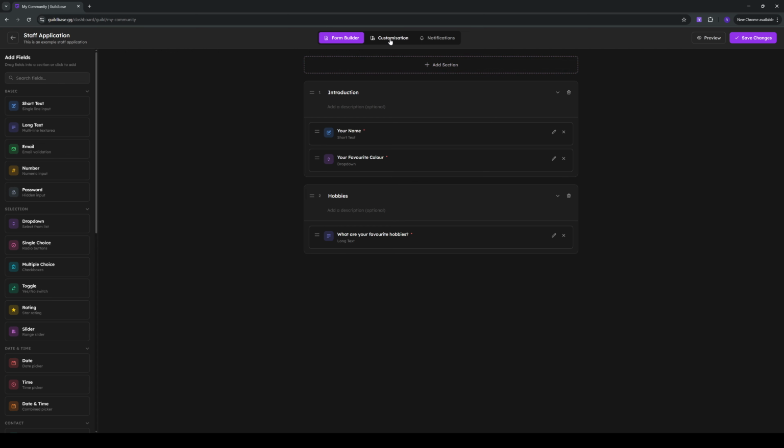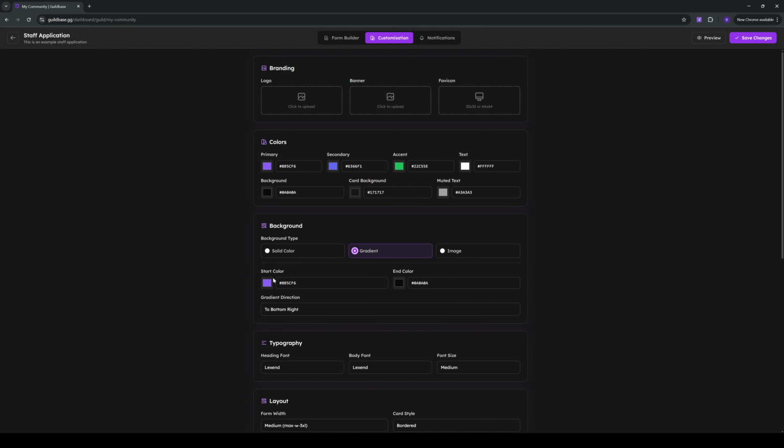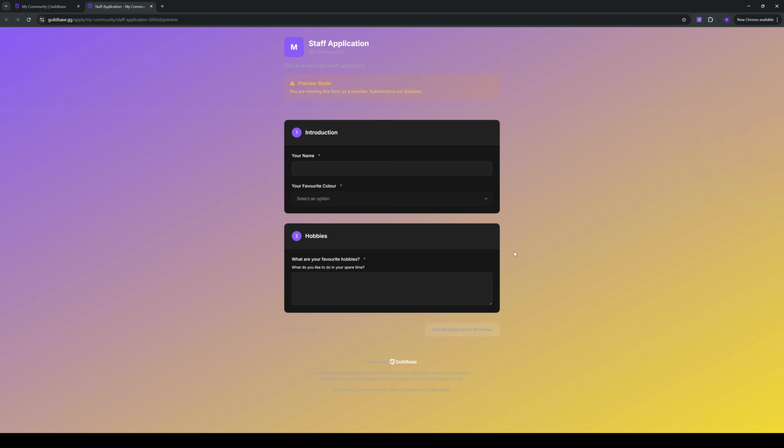So I'm going to click on the customizations tab at the top. This is where you can add a custom logo, custom banner, a fav icon, but you can also customize all of the different colors on the page itself. You can choose the background if you want a gradient or if you want an image. So just to show that really quickly, if I click on gradient, let's say purple to yellow, something a bit crazy. And then I'm going to save changes, preview, and as you can see, the color has changed on the